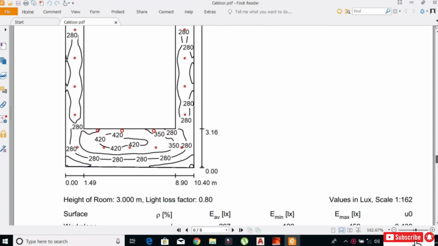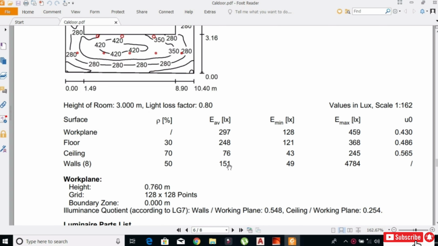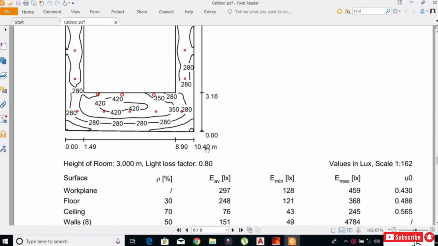Now see here, the average value is going up to 279. I think now this is okay, because the requirement only talks about 200 for the corridor.